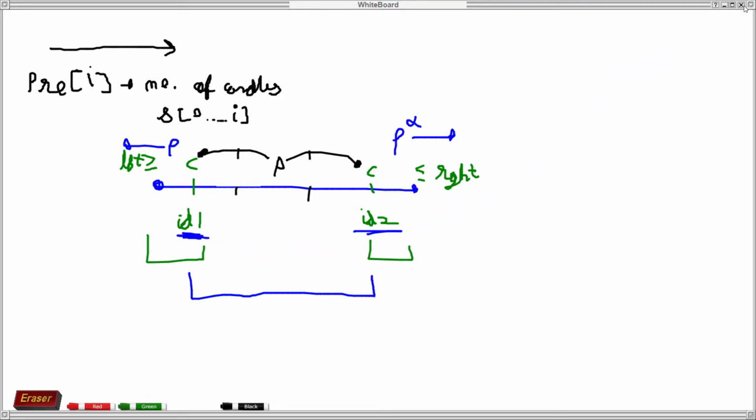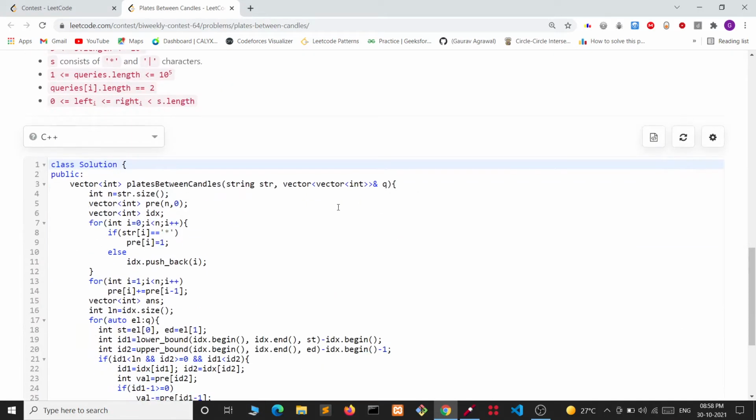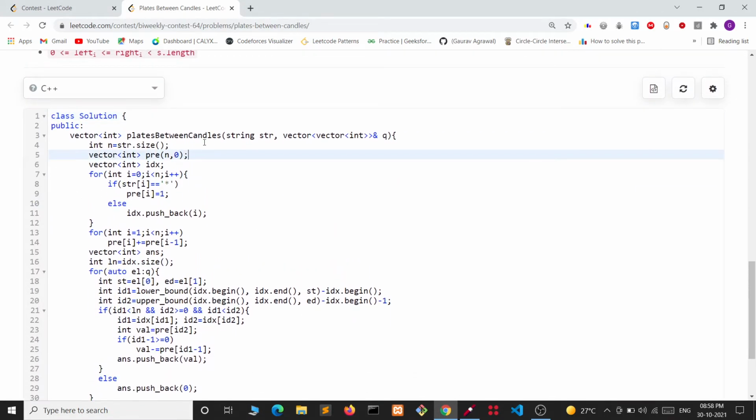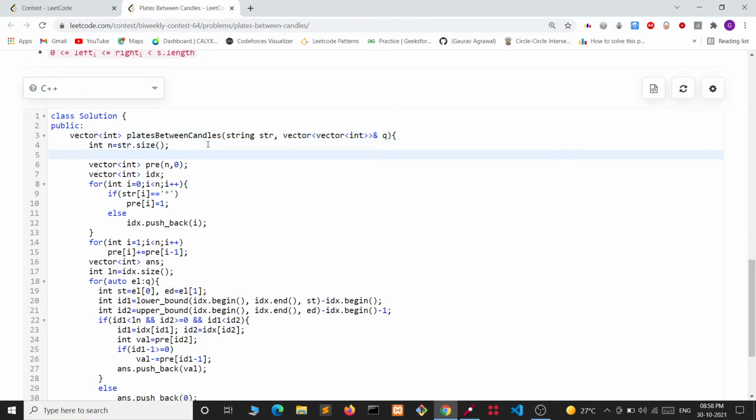Let's see how we will be doing it in the code part now. I have taken the length of the string.